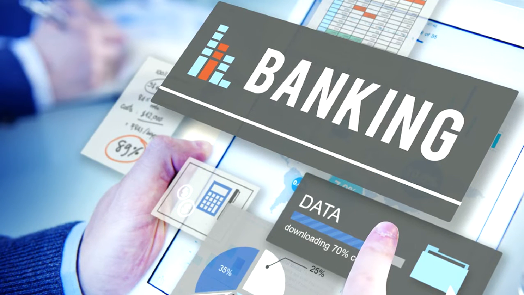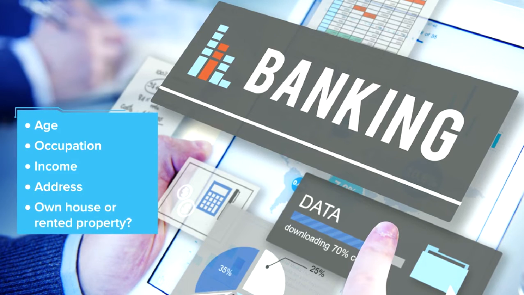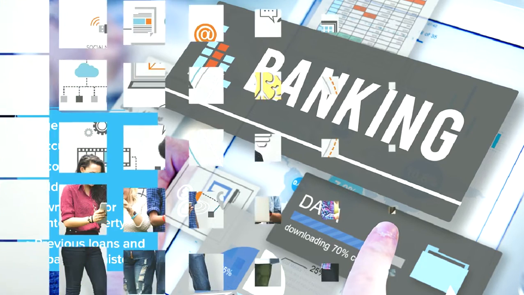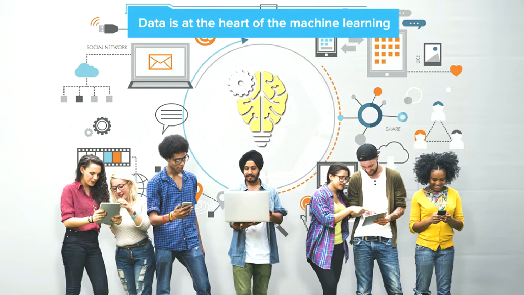Similarly, banks also maintain data about their customers, such as the customer's age, occupation, how much he earns, where he lives, whether he has his own house or lives in a rented property, how much loan he has taken in the past, and whether he repaid it on time or not, and so on, to determine the customer's creditworthiness. So from all these examples, we can see that data is at the heart of machine learning,